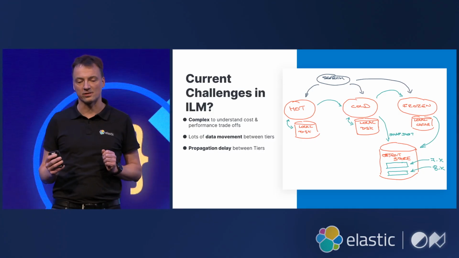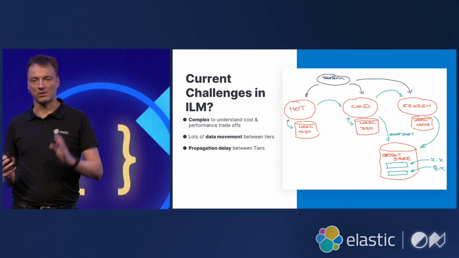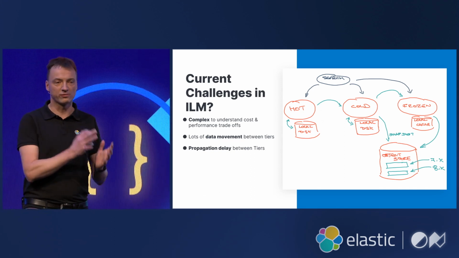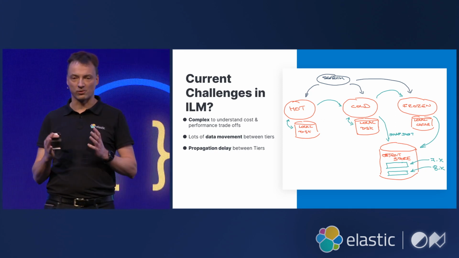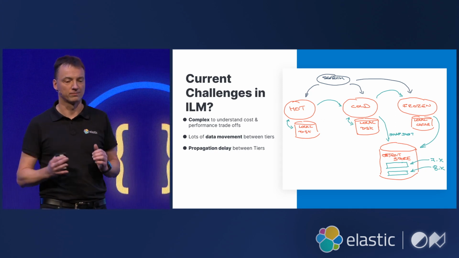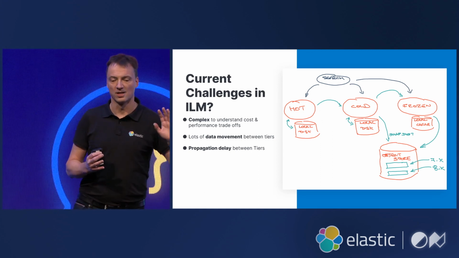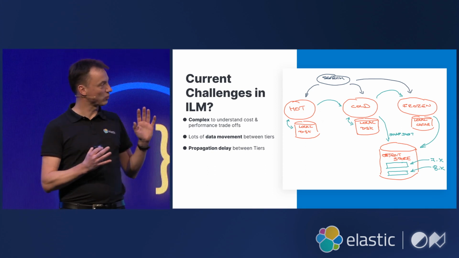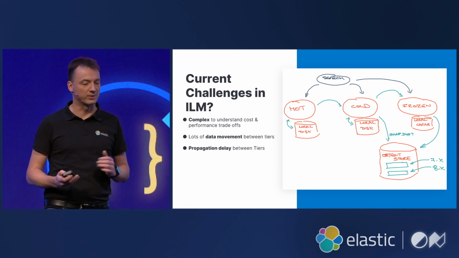One way to help reduce costs is by using ILM and data tiers. About 13% of Elastic Cloud customers utilize data tiers. The challenge here is one of complexity. Users are required to think about lifecycle, retention, when to move data between tiers, sizing of the data tiers. Getting the right performance versus cost trade-off here is difficult. Also, data has to move from nodes in one tier to nodes in the next tier. And while Elasticsearch will seamlessly move the data around, there's still cost associated to such shard movements.